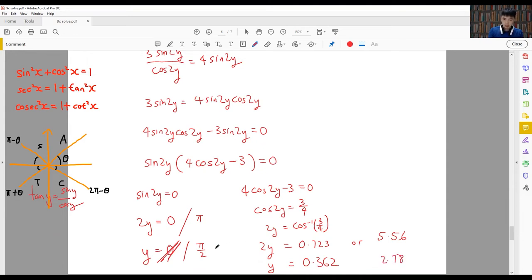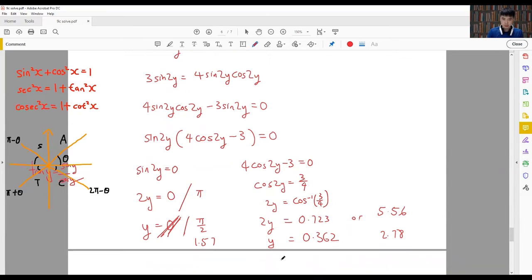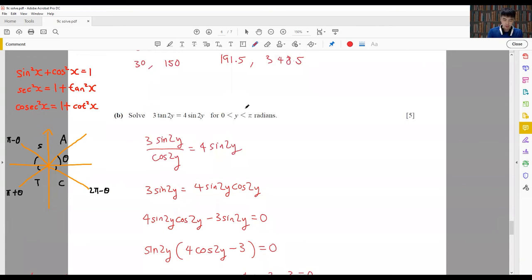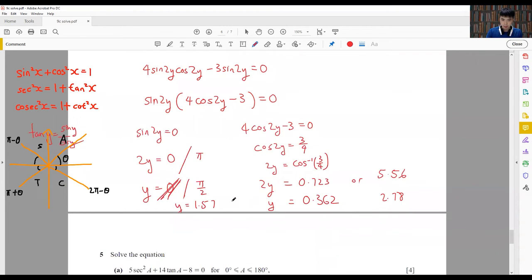2.78. And from here, you would have pi over 2, type pi over 2 into a decimal, 1.57. So these are your three answers. y is either equal to 1.57 or 0.362 or 2.78. And they all fall within the range of 0 to 3.14. Okay, so these three are acceptable in your answer range here. All right,